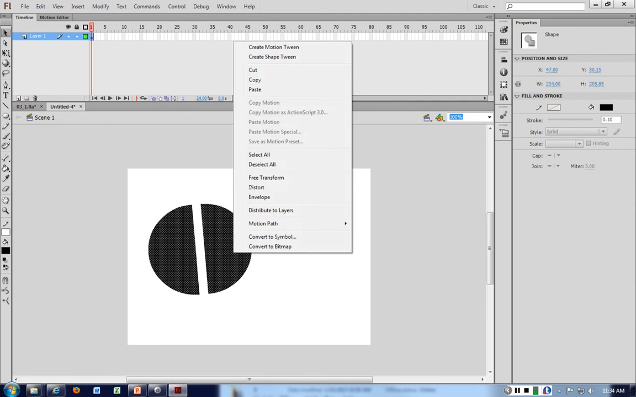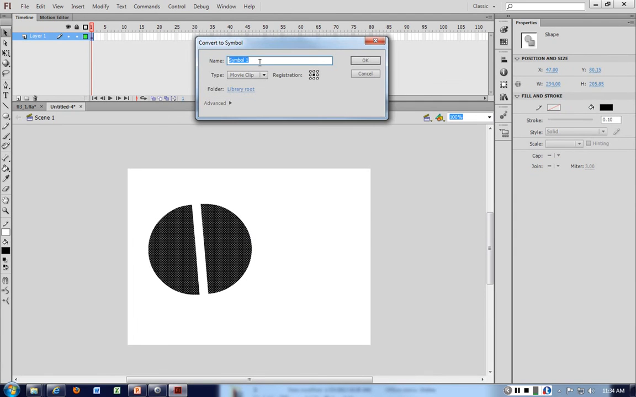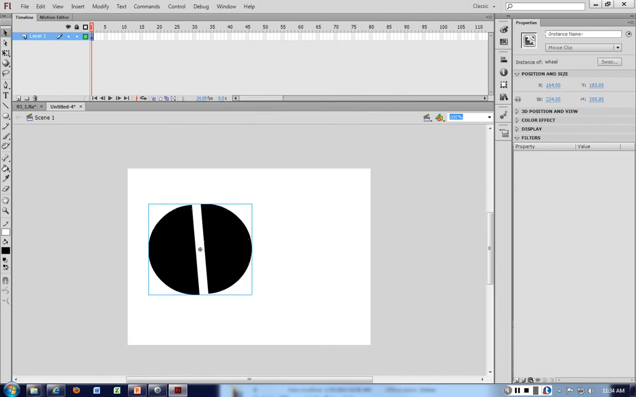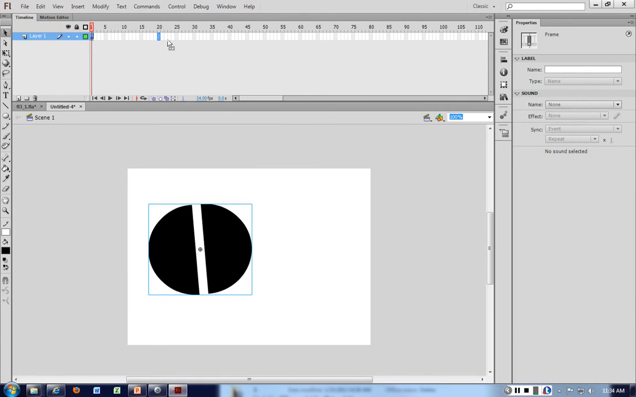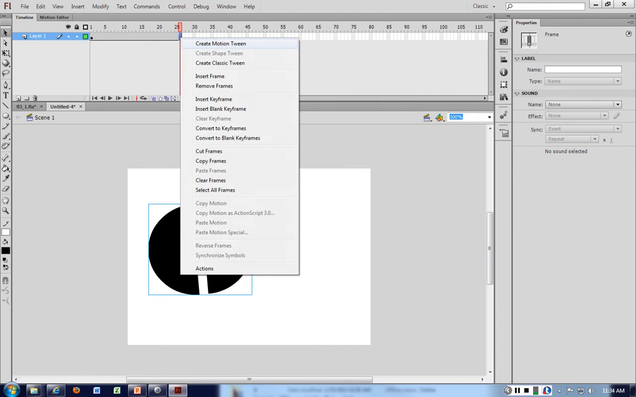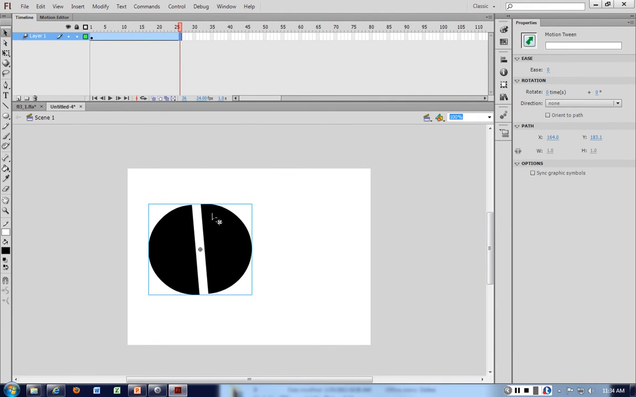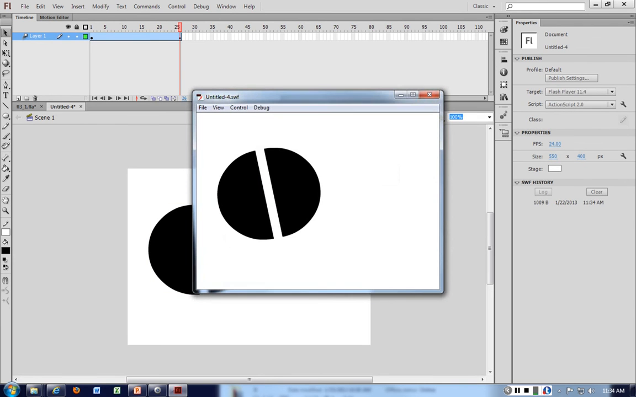So I'm going to convert this to a symbol, call it wheel, movie clip. And now to rotate this, I can have a tween on the main scene, on the main timeline. I'm going to right click, create motion tween. When you create a motion tween, on the right side under properties it shows you rotate: the number of times you want that to rotate, and if it's going to be clockwise or counterclockwise. So I'm going to select clockwise, and I'm going to rotate, let's say, 4 times. Now if we play this,